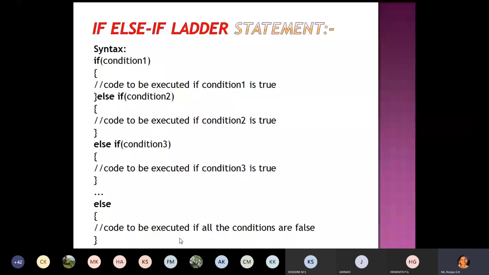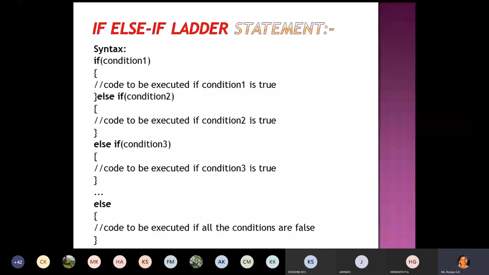So in C language, the checking will always be done for condition 1. It will not check condition 3 directly. First condition 1, then condition 2, then condition 3. And if condition 1 is true, then after executing this part, directly the next statement will be executed, that is, the statement which is written after this else block.